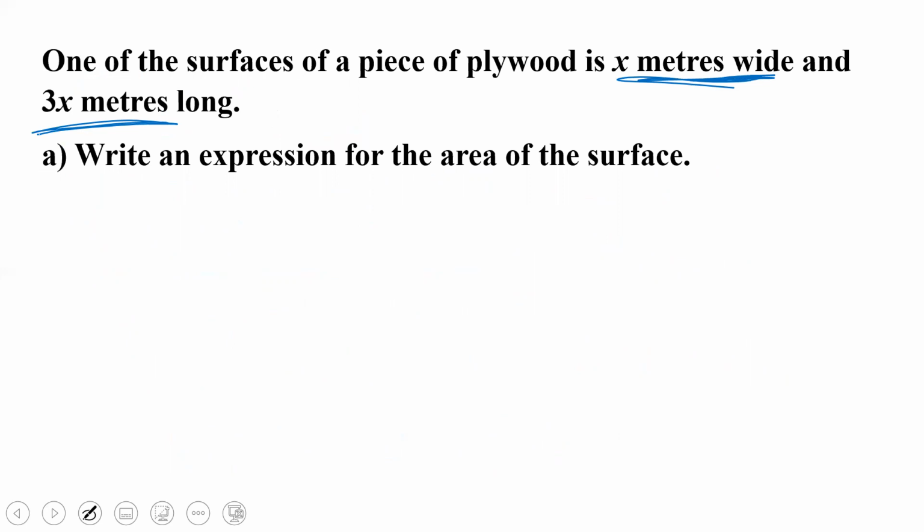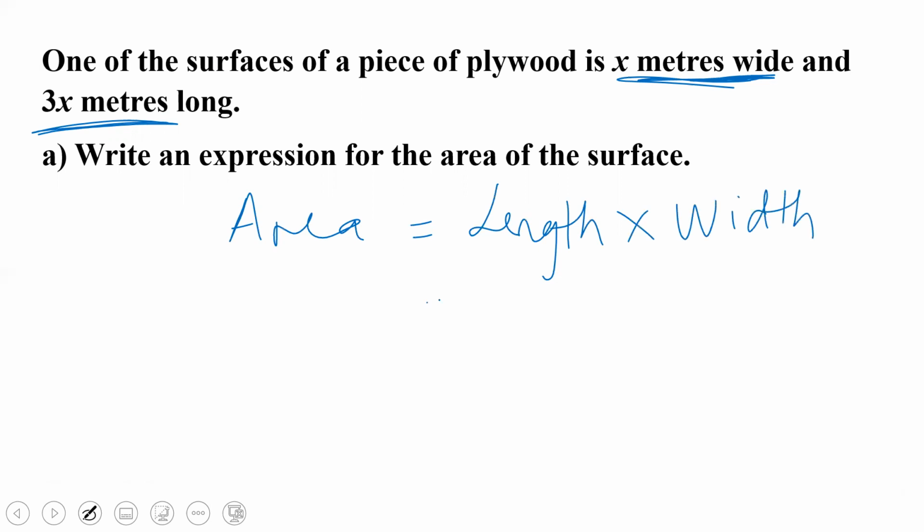You're given length and width. So you can assume the question would usually say that it is rectangular, but you can assume so because you got the length and the width, all right? But we know that to find area, we are going to multiply the length by the width. And so that is going to be 3x times x, and that answer is not 4x, but